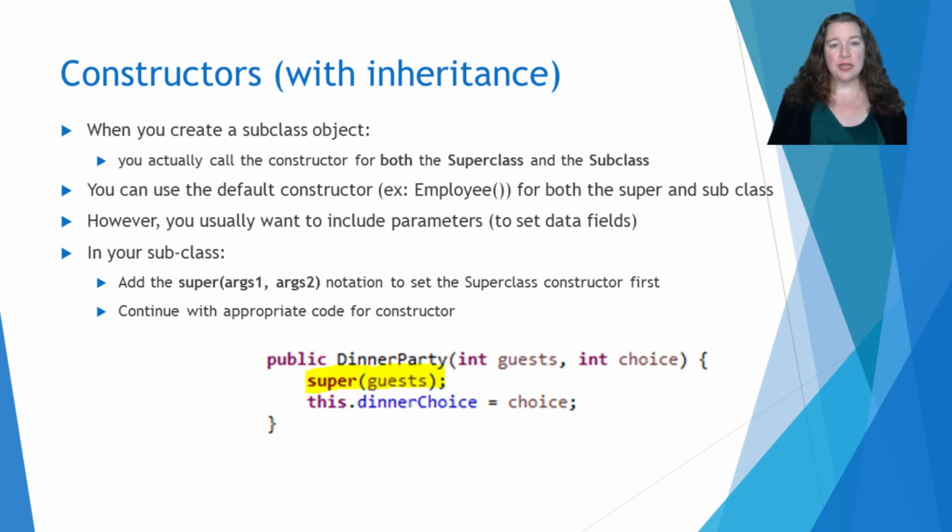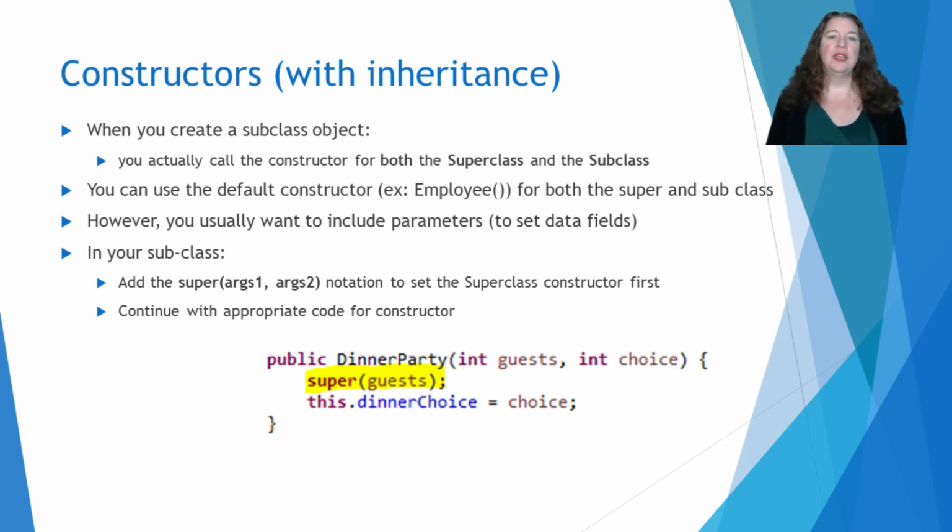When you use a subclass, you call the constructor for both the superclass and the subclass. By doing this, we use the word super, and it's a method, just like a constructor. If there are no parameters in your super constructor, you can just do super, open and close parentheses. The important part about the constructor for your superclass is it must be the first line in your subclass constructor. You have to make the object with the super constructor first, and then you can add